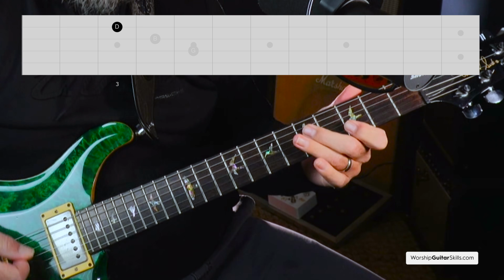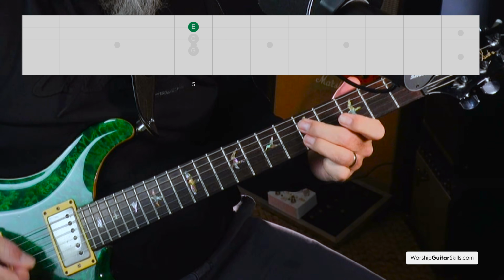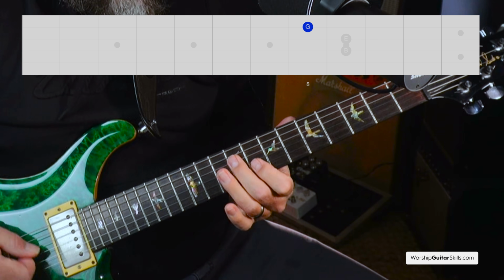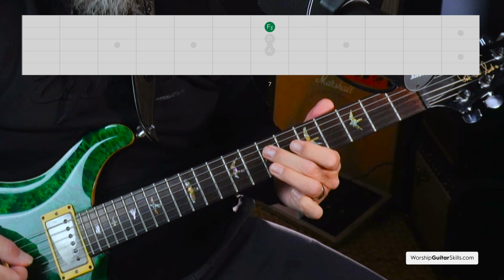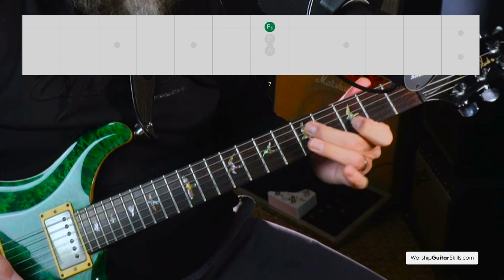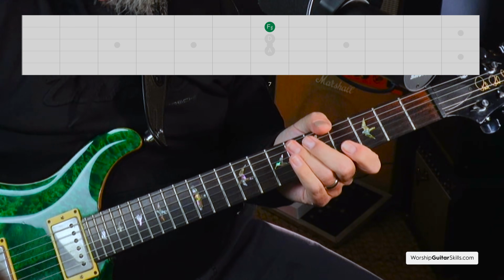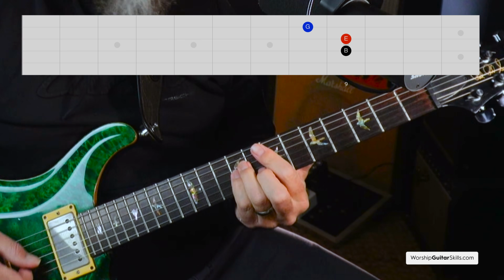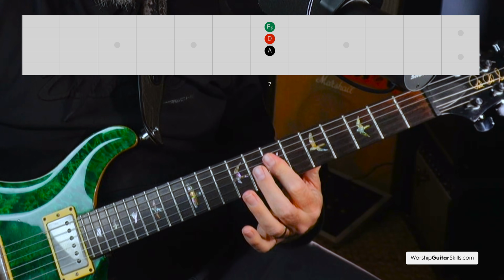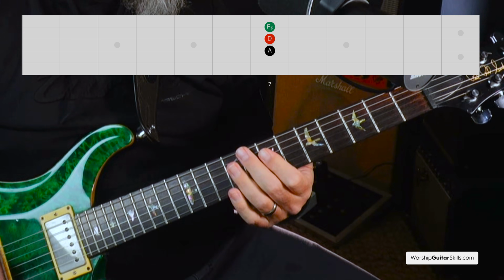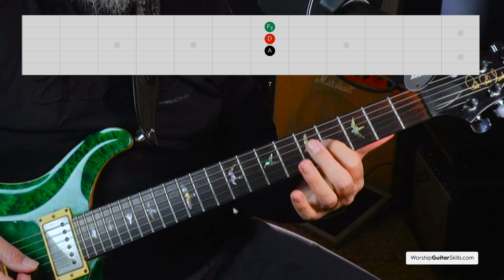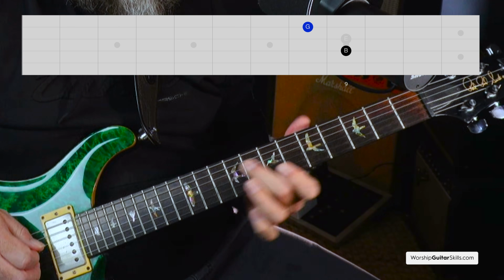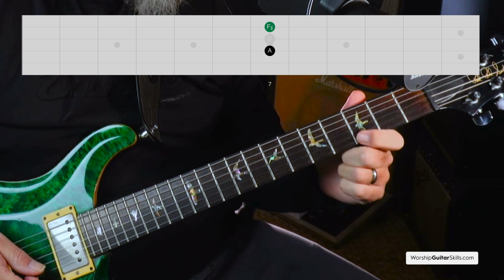G, C, E minor, D. So that's one way in which you can play a G triad, a C triad, an E minor triad, and a D triad, kind of doing a chordal thing. Then I can take that same triad, but I can leave out the middle note to turn the triads into dyads. And then finally I can just play the top note